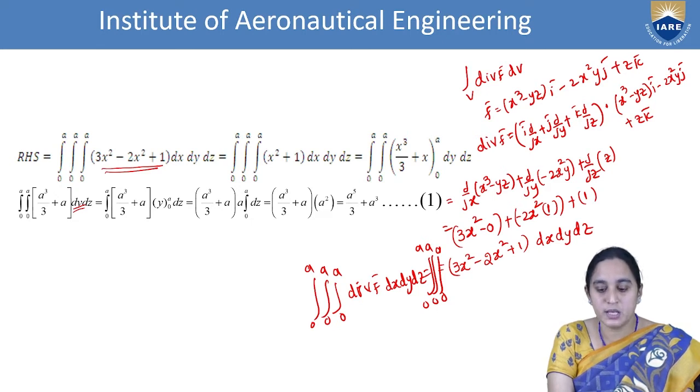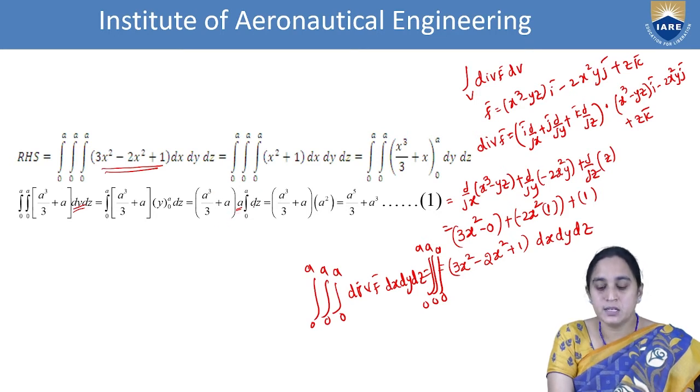Just substitute here, first the upper limit, we get a, and the lower limit is 0. After the x integration and the y integration, here we got a cube by 3 plus a, into a,